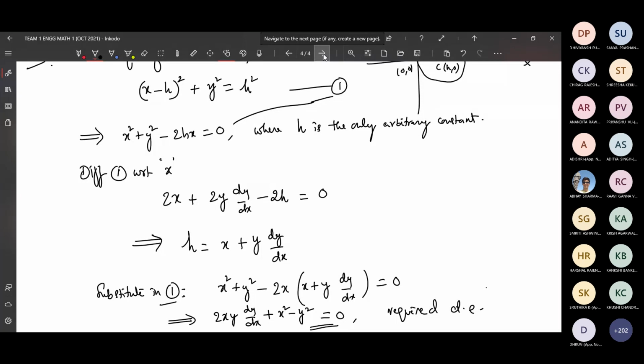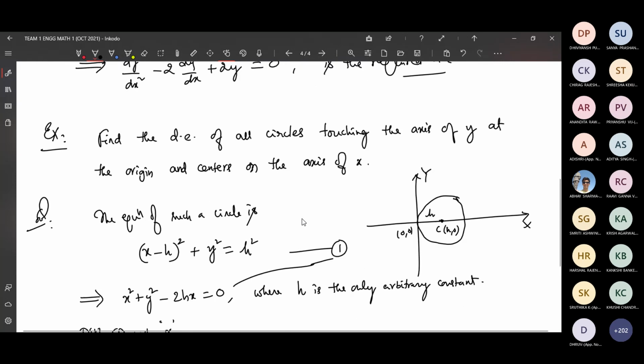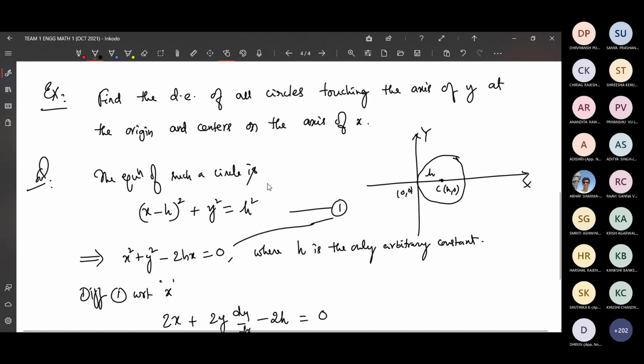Sir, I have a doubt. In the question it says the centers are on the axis of x, right, sir? So can we take the negative side of the x-axis also? And if we do, will it be the same? That x plus h will come. That's all. Yes. Algebraically, that is the only difference, but you are shifting that to the left side.